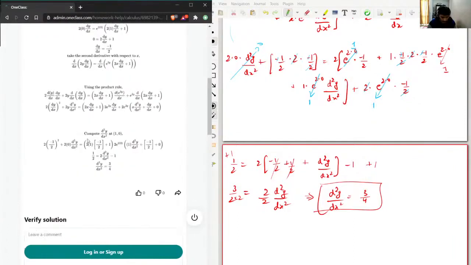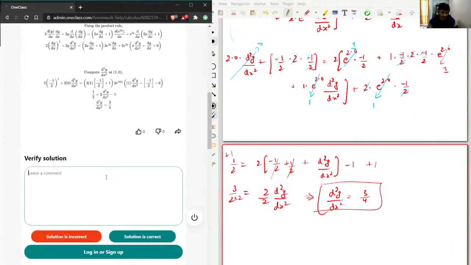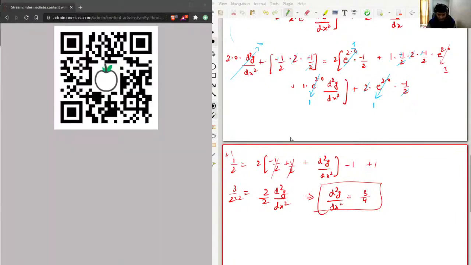Now I'll check the solution given by the junior tutor also. Okay, so they have also done the same thing, and they are also getting the same answer, so I can just say that it is the correct solution. Good work. And this was question number